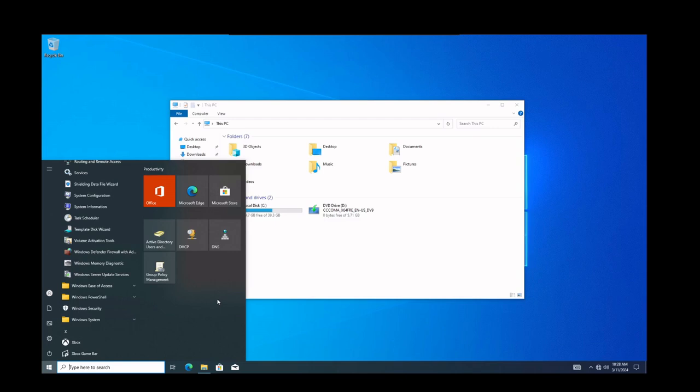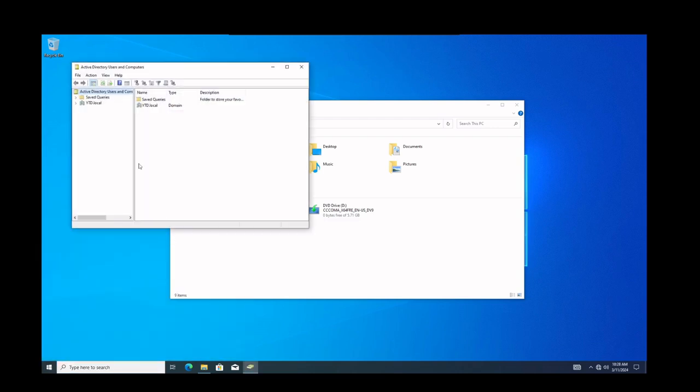And that's all we really need for the sake of this configuration. So the first thing we're going to do is log into Active Directory Users and Computers. And we're going to go into ytd.local. And in here, we're going to see the same thing we would have seen on the other system, which is